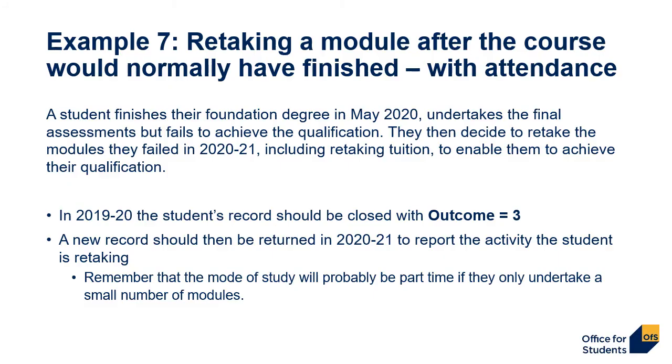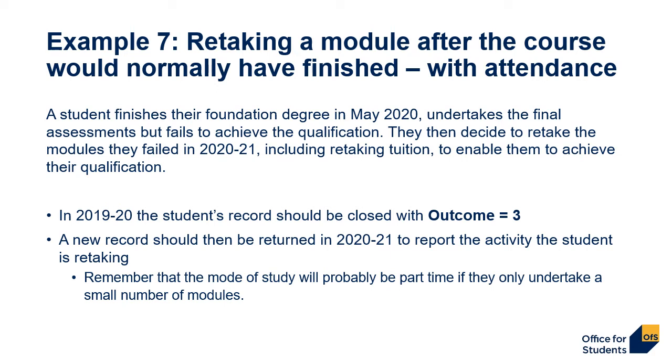Now we look at students retaking modules. The first example is student retaking module after the course would normally have finished and with attendance. So a student finishes their foundation degree in May 2020, undertakes the final assessments but fails to achieve the qualification. They then decide to retake the modules they failed in 2021, including retaking tuition, to enable them to achieve their